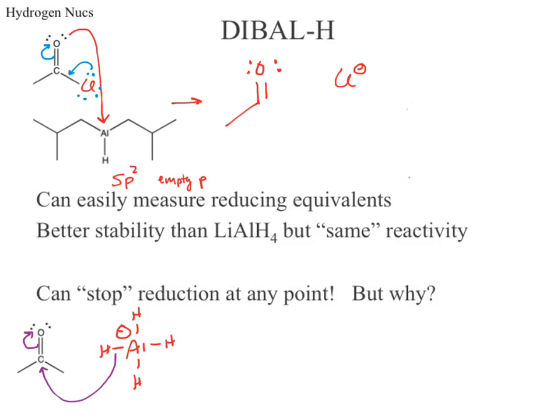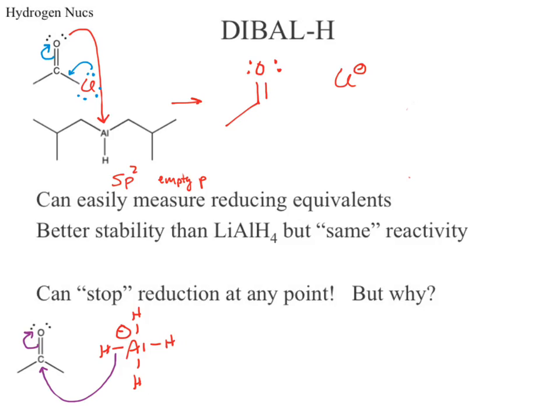Donates electron density into our pi system, so our oxygen becomes what? More or less negative than the aldehyde? Becomes more negative than the aldehyde,